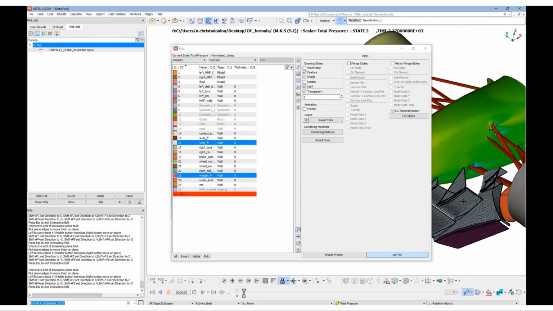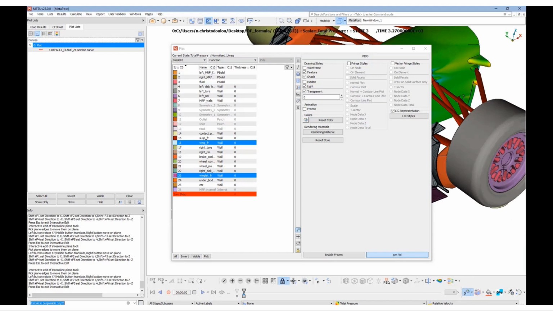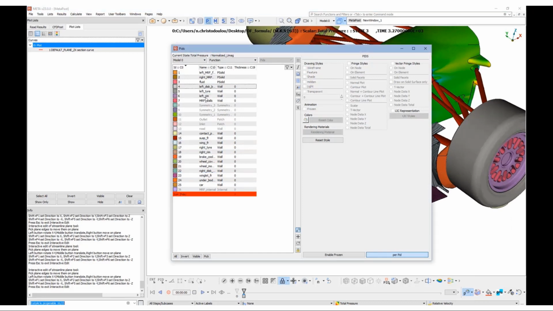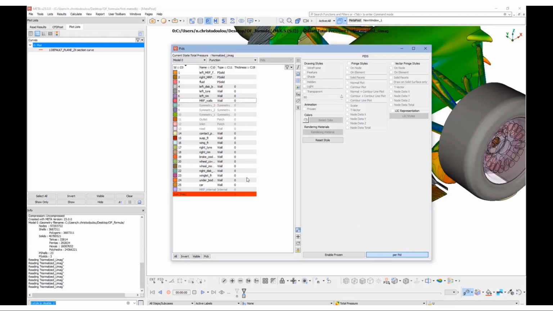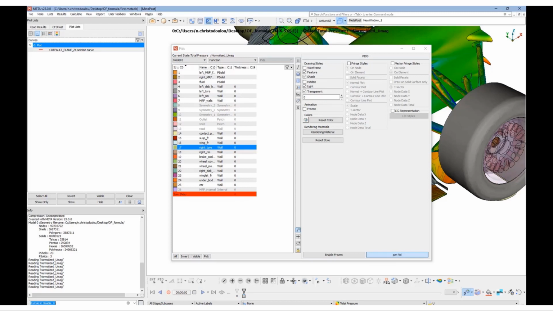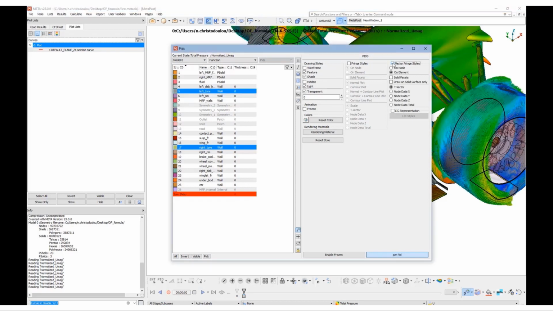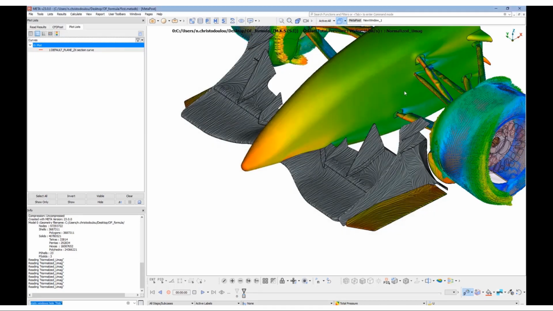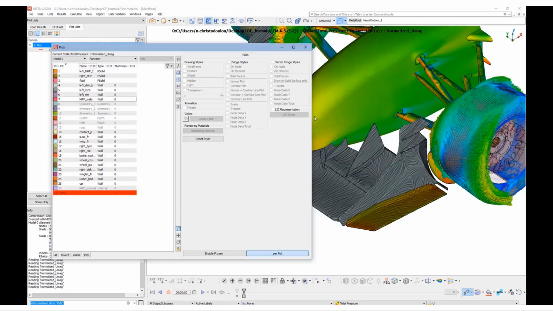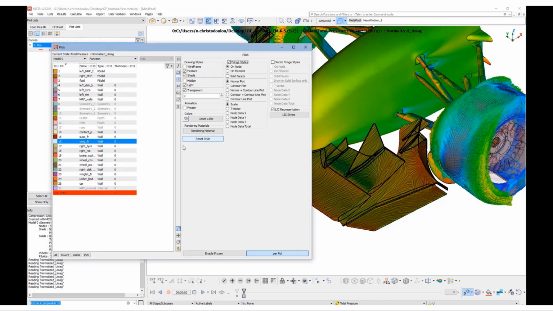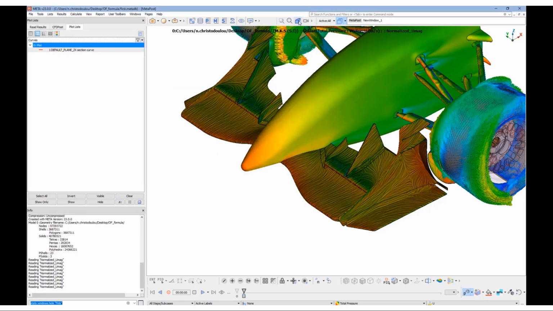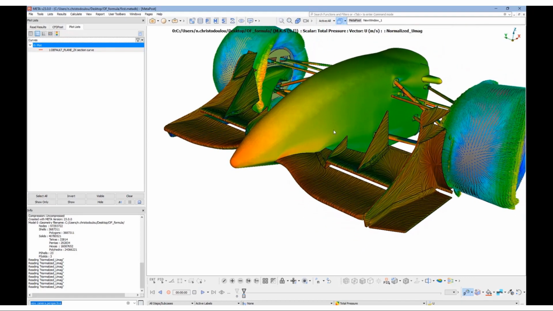So drawing styles, fringe styles, vector styles, LIC or even rendering can be affected per PID. We can also switch on perspective view mode for a more realistic view.